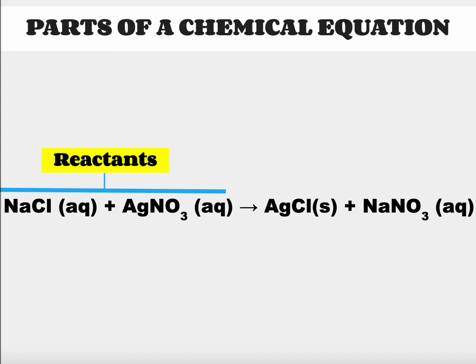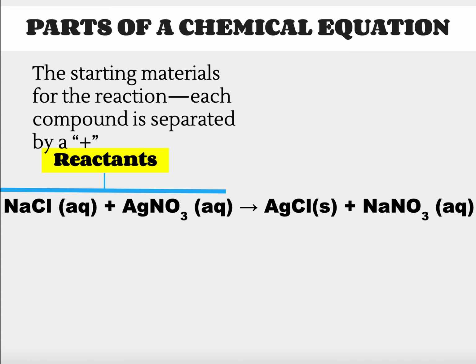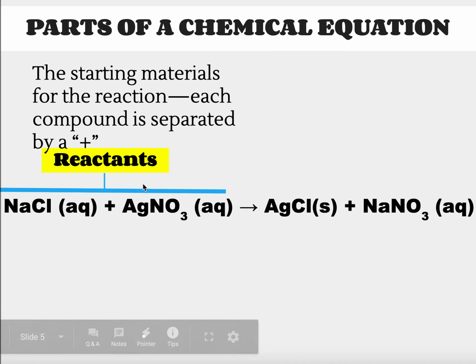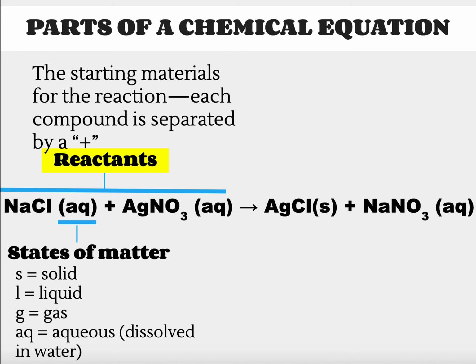Chemical equations typically have certain parts. You'll notice these highlighted parts are things that you need to know. So the beginning, the left side of the equation, so we're using the arrow to kind of denote our sides. So the left side, these are our starting materials, the reactants. These are the things that are reacting together. And we use a plus sign to separate them. On the other side of the arrow,